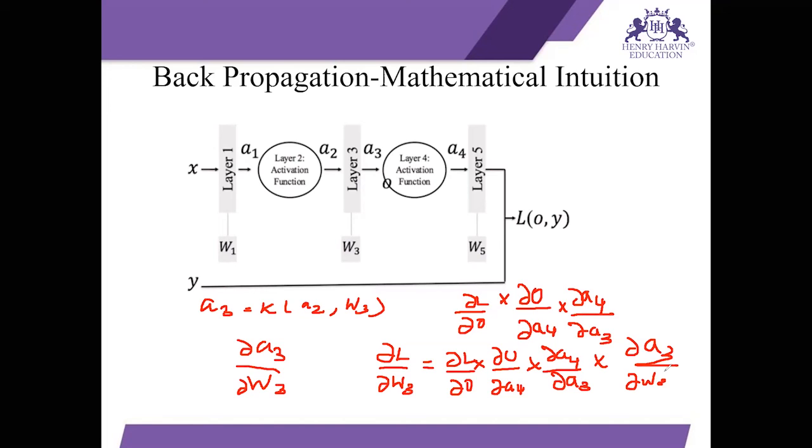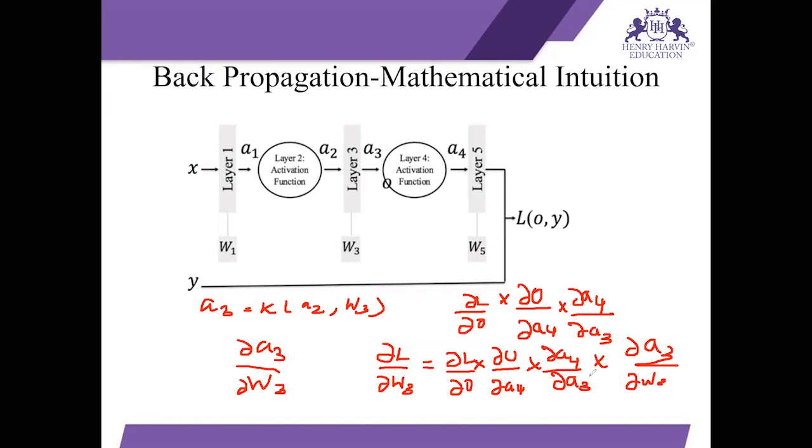So what is the size of this? We know this is size 1 into A3. So what is the size of this? See, you have to calculate step by step. Whenever you write this, if you calculate, it is really going to be helpful to you, right? So what will be the size of the output? It will be 1 into dimension of A3. So this is exactly the size of the update, right? That we have for the W3 component in our weight vector. So we compute the derivative of the loss with respect to W3.